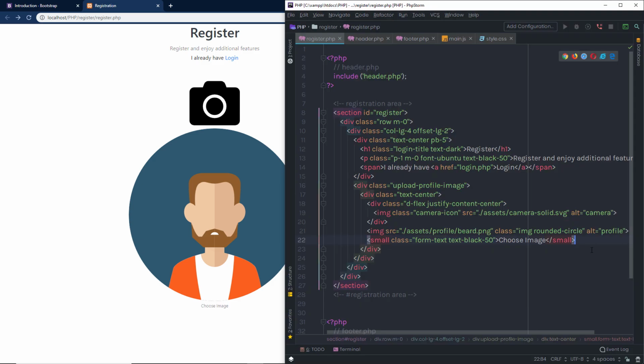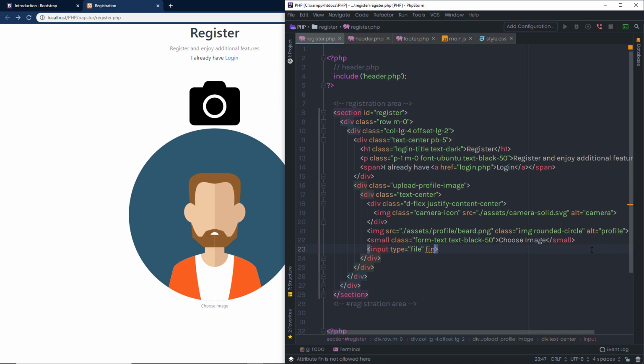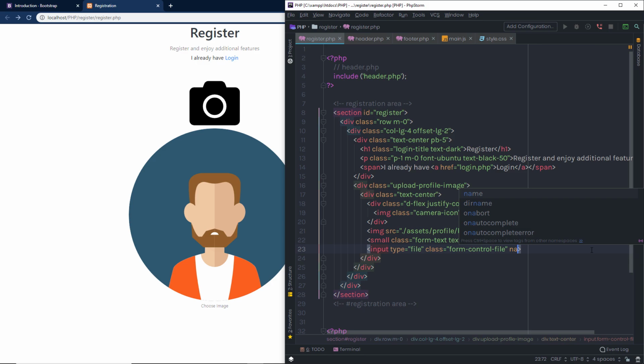Just out of this small element, I'm going to add here an input, and this is the type of file. So I'm going to select here input type file, because I want to allow the user to upload their image. That is why I'm using input type file. And then I'm going to add a Bootstrap class here, form-control-file. Then I'm going to add a name to it so we can access it using PHP. So I'm going to say here profile upload, and then I'm going to specify the ID,